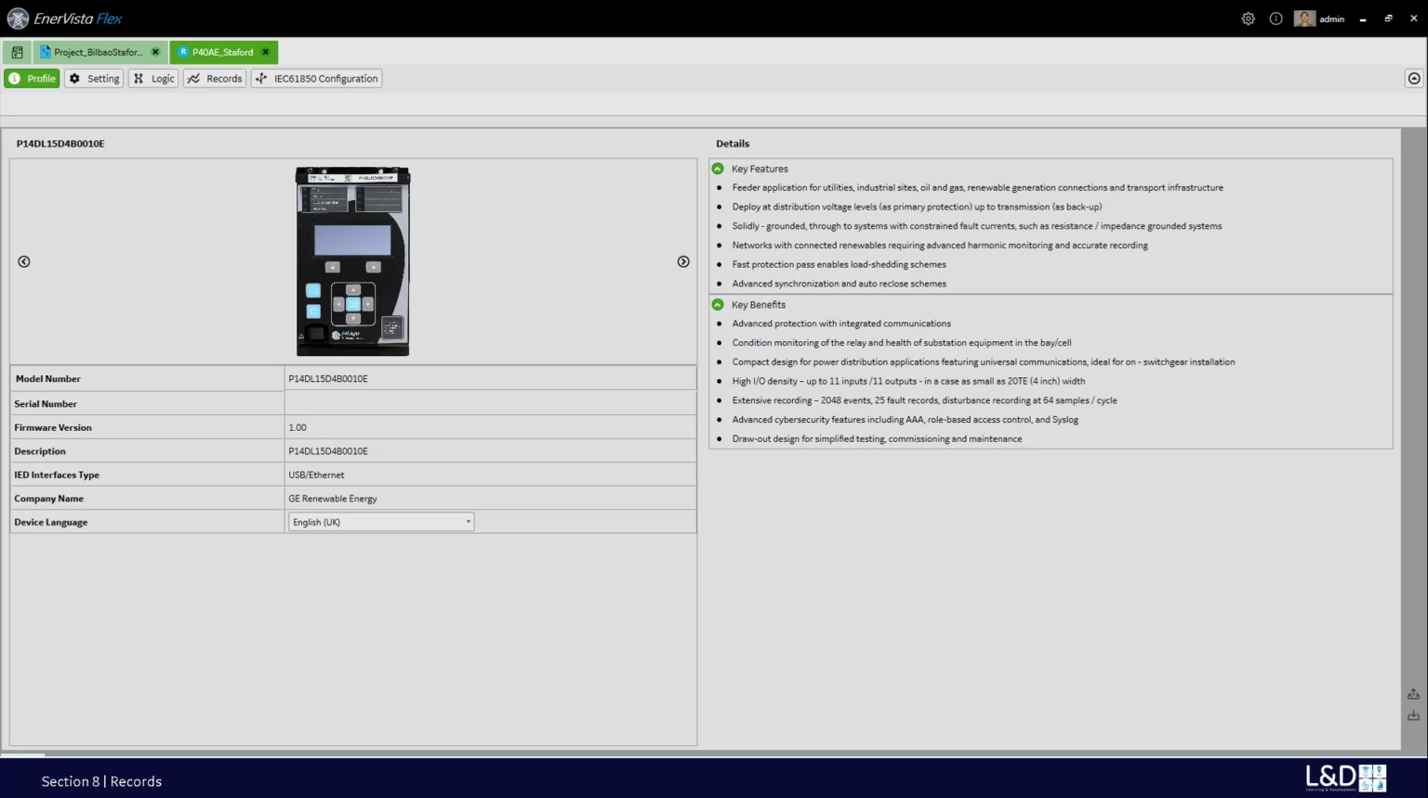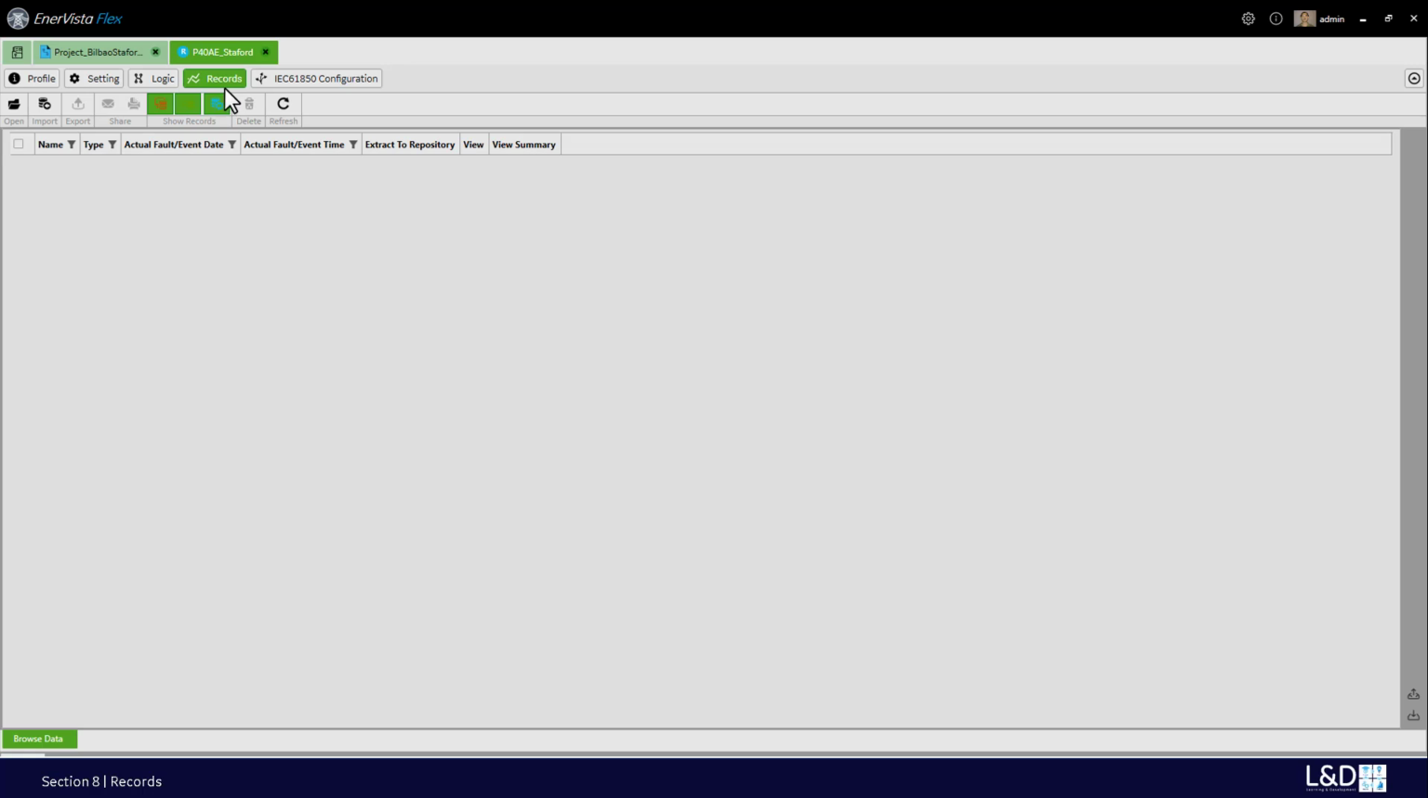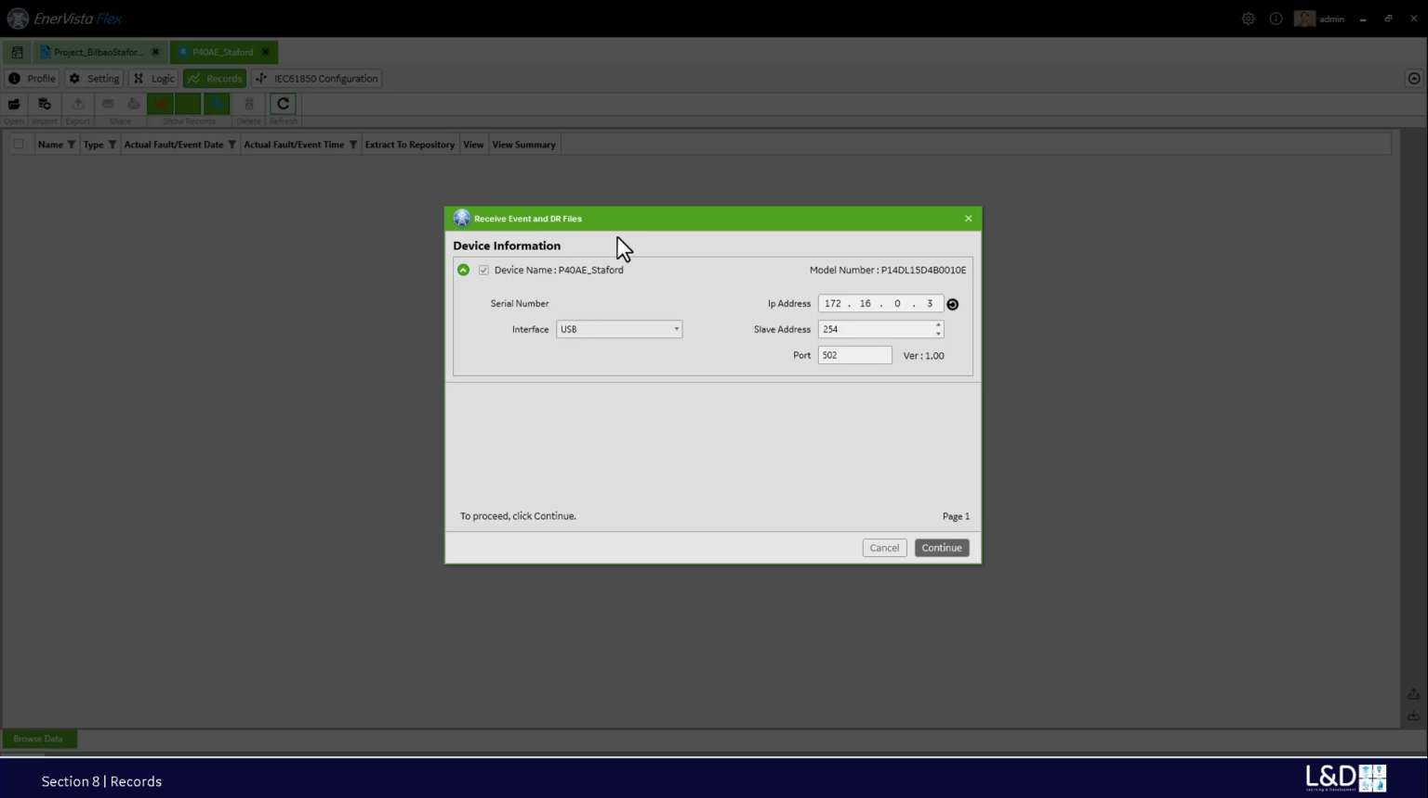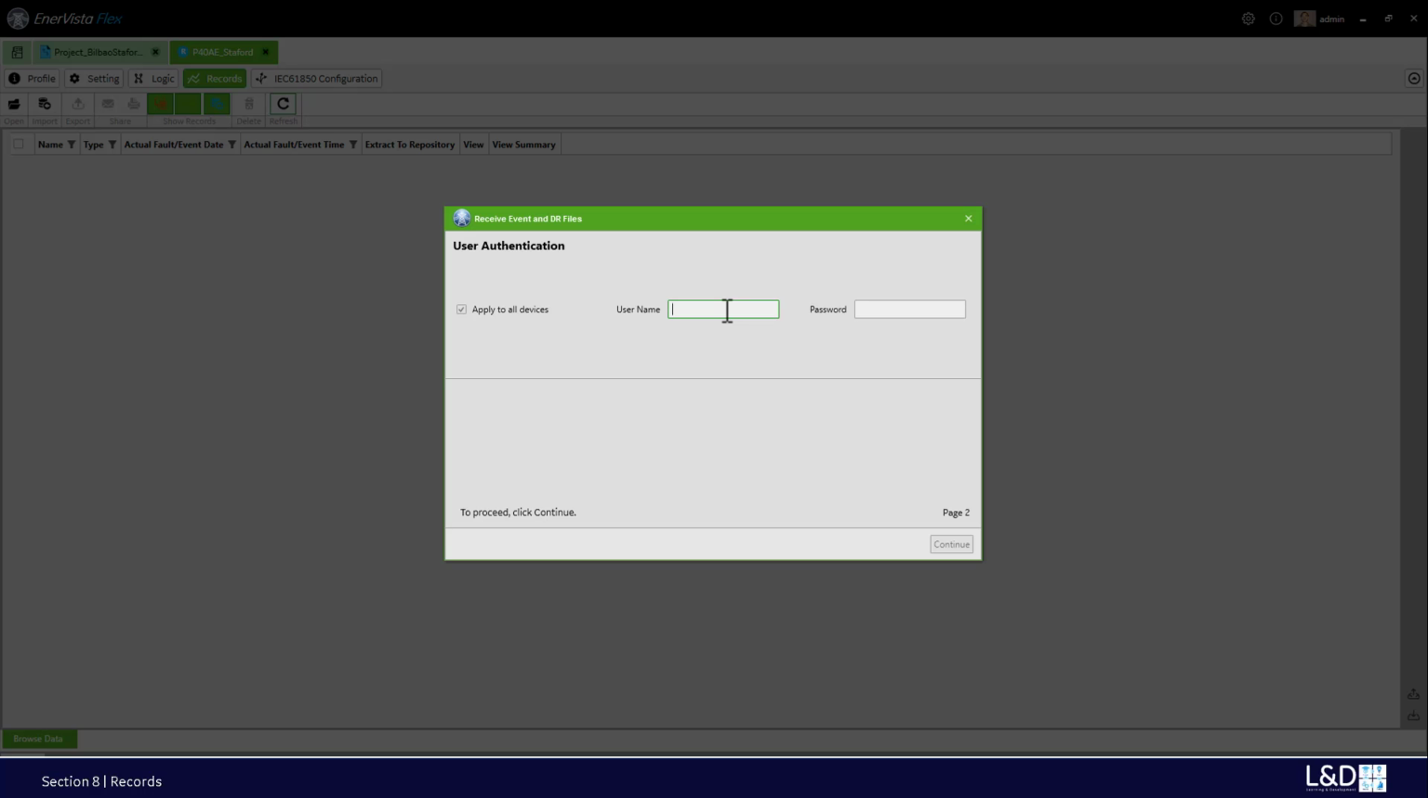There are two ways to retrieve the records, in the offline mode and online mode. First, we'll introduce the offline mode by using the refresh button. From the offline setting, we can see this records, and click this records. We have a refresh button. After clicking this refresh button, we have a save events and DR file message box. From here we need to connect to the relay. By clicking continue, we have to log in as administrator